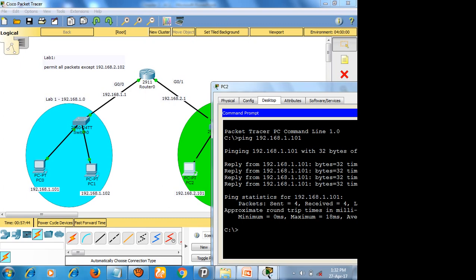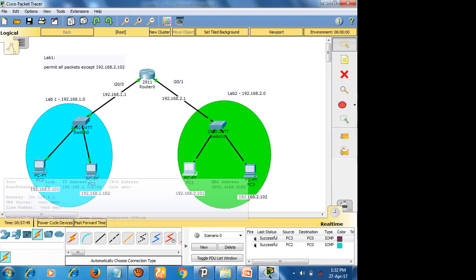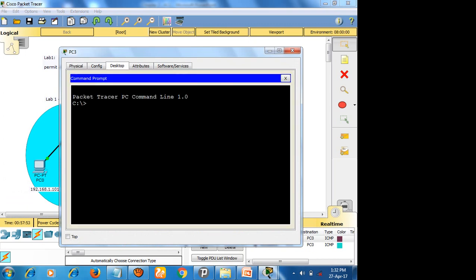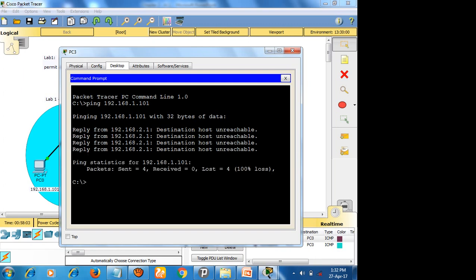And likewise, what I'm planning is I want to ping from PC3. Previously it was working. Now we will check. Look at this. Destination host unreachable. It is restricted, right?